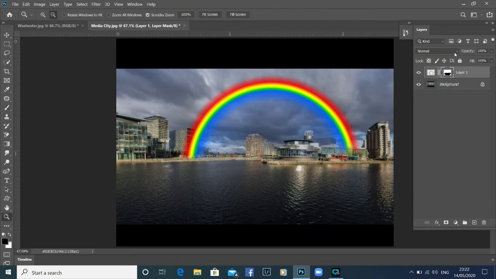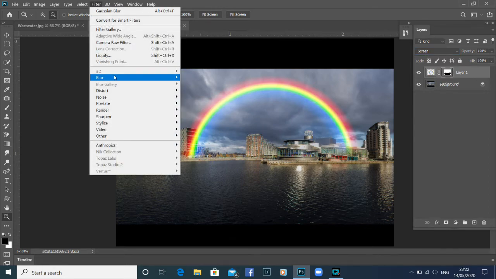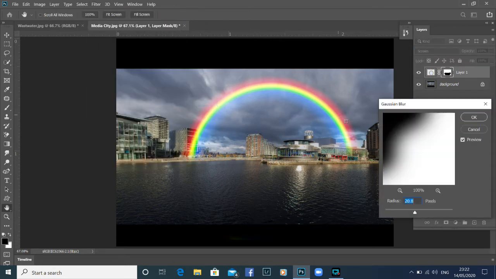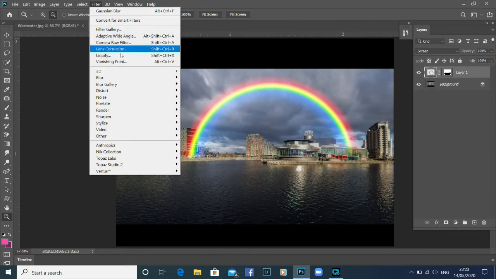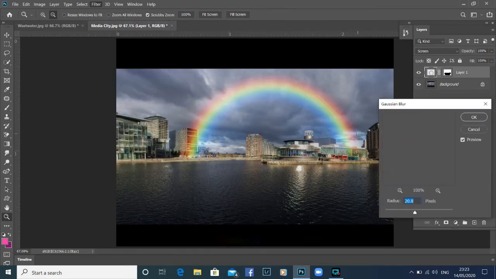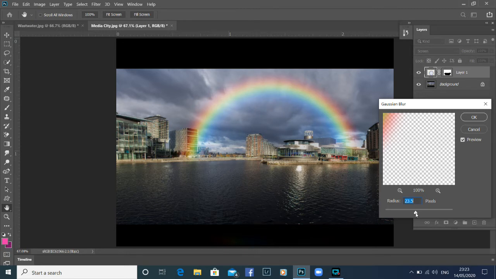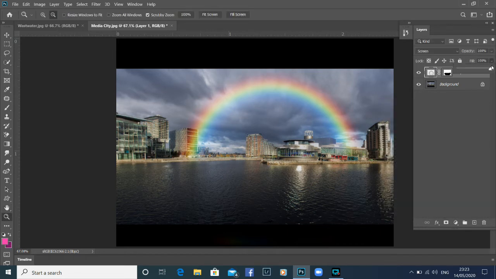Okay, your next move is change your blending mode to screen. Then go to Filter, Blur, Gaussian Blur. Oh, make sure you're on the image and not on the mask. Go to Filter, Blur, Gaussian Blur, and take it up to about 22 pixels, give or take, that will do. Okay, reduce the opacity down a touch, and you can see it is starting to look a bit like a